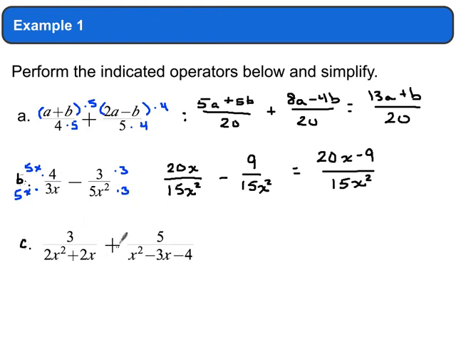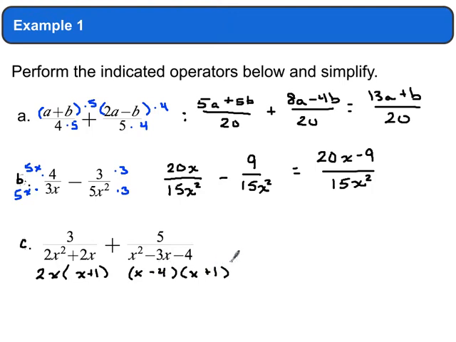And so now when we look at these, we have more complicated denominators, which means I need to factor them out to see what their factors are. So the GCF of this one is 2x, and that leaves me on the inside with an x plus 1. That's the factors of the first one. This one here, when I factor it out, I'm going to get an x and an x, and then we're going to put a minus 4